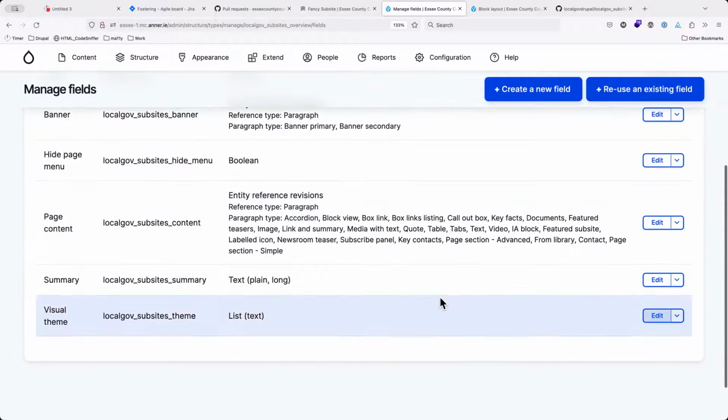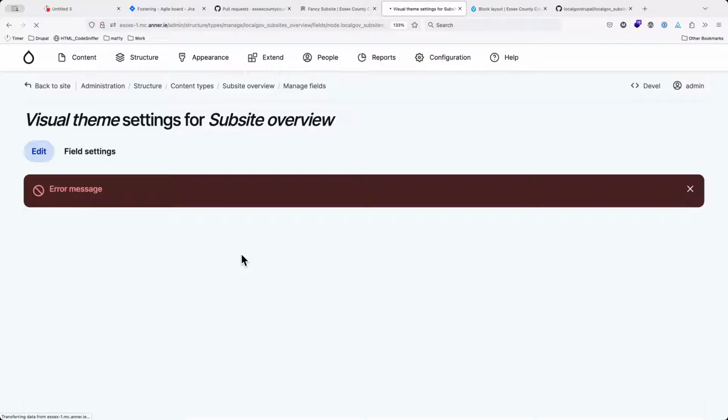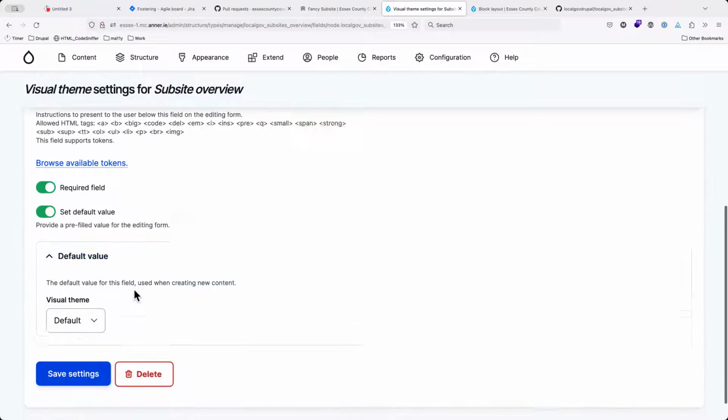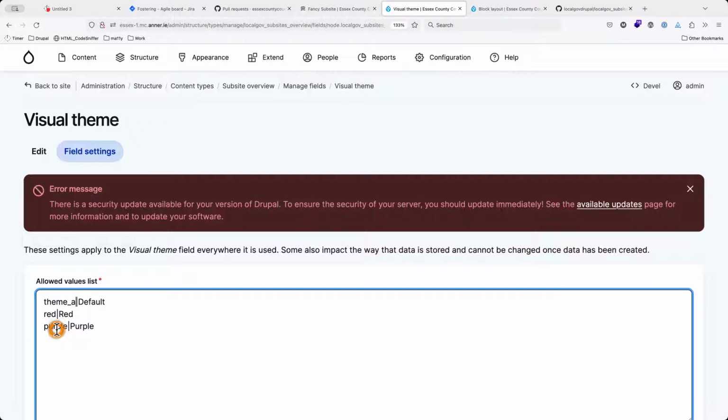And you need to put some options into the visual theme field. So I've just put in 2 for red and purple. Sorry, the field settings. You can put in as many as you want yourself, and I would encourage you, rather than the way I call them red and purple here, use the kind of default pattern we have here. So call them things like Team B yellow, Team C green, that kind of a thing,